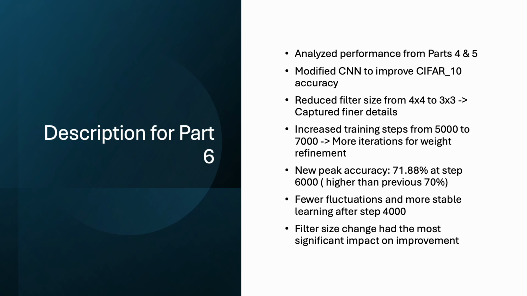Description on Part 6. In Part 6, I made observations on how the CNN performed on Steps 4 and Steps 5, and proposed a modification to the CNN to possibly improve the performance on CFR 10. For this, I began by reducing the filter size from 4x4 to 3x3, and doing so helped the model capture finer details. I also increased the training steps from 5,000 to 7,000, which allowed the model to have more iterations